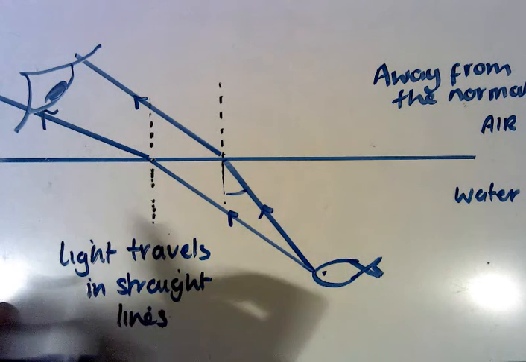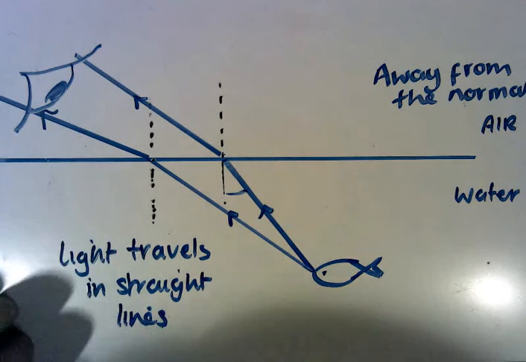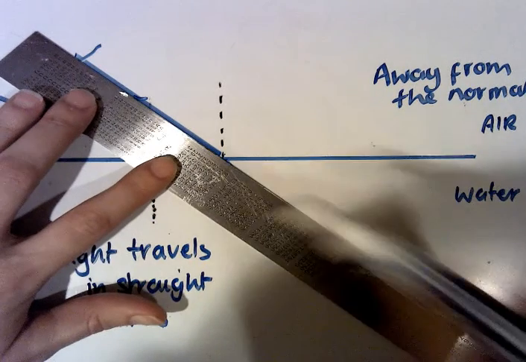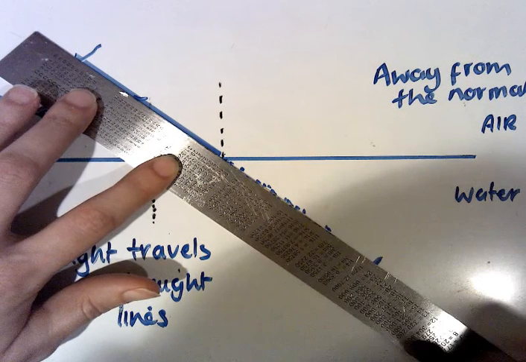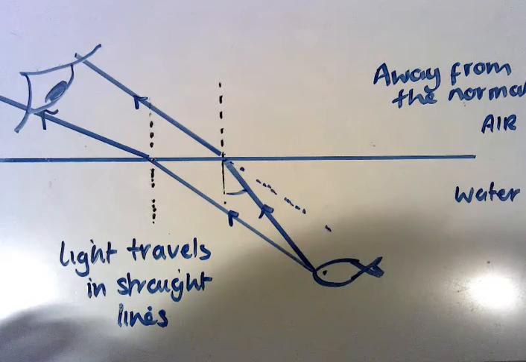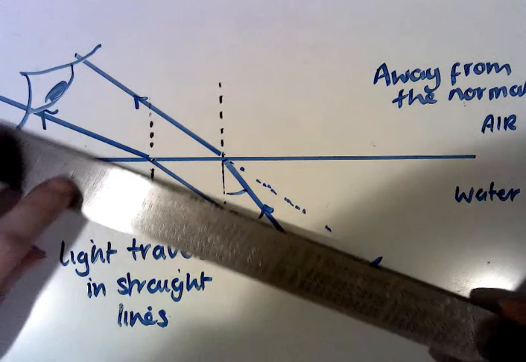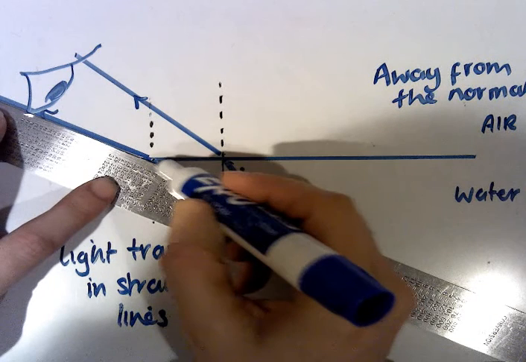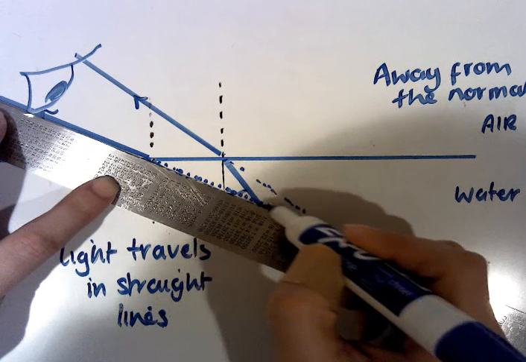So when our eye sees the light ray coming along here, it tracks back and thinks that our light ray has come along that line there. Okay, and we draw that in dotted because it is a virtual ray, and it does the same with this ray as well. So tracking back, we get